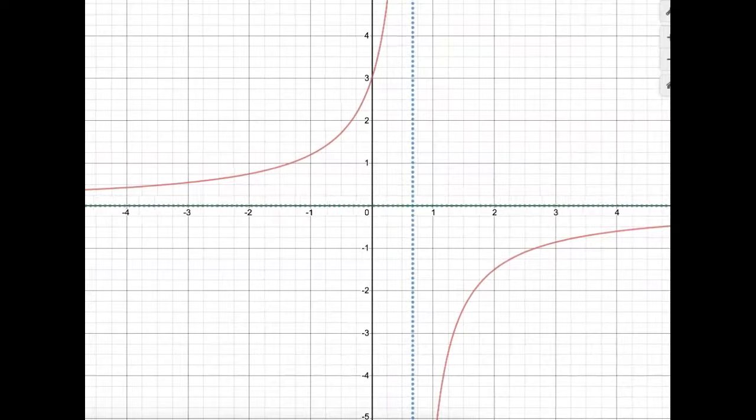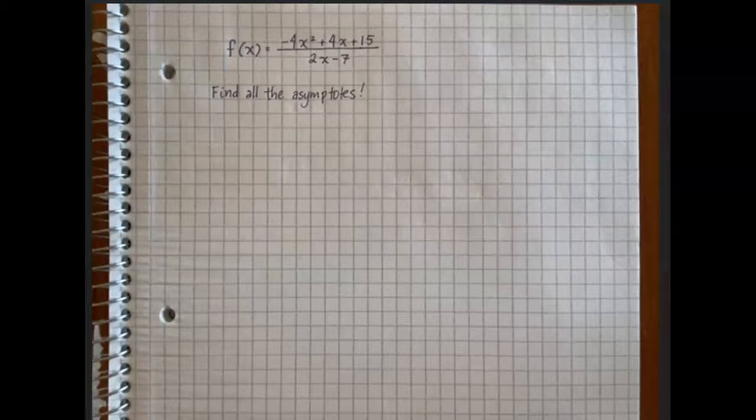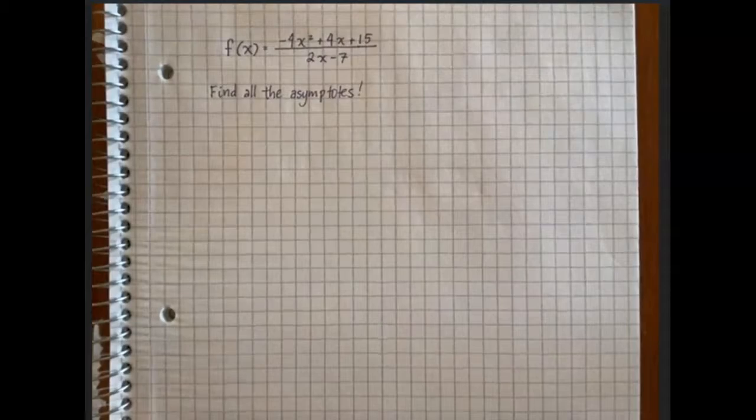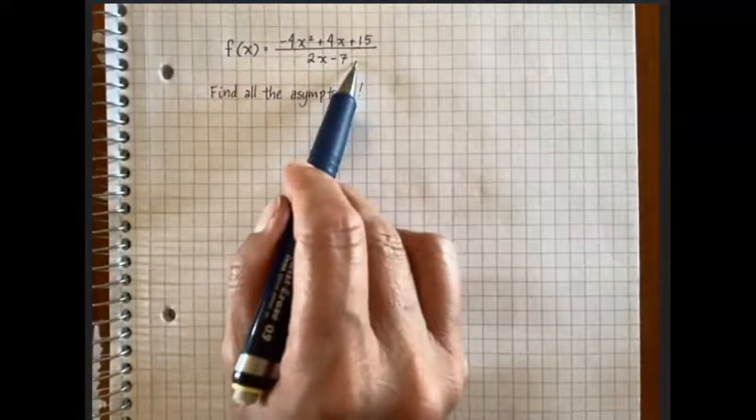It just keeps getting closer and closer to that green dotted line, never touches it. It's magic. All right, so for this example, we're just going to find all the asymptotes. We're not going to worry about increasing and decreasing and stuff. All right, so vertical asymptotes, remember, is where the function's undefined,